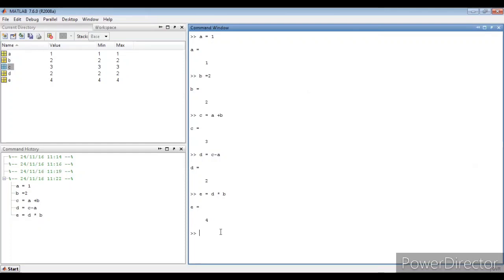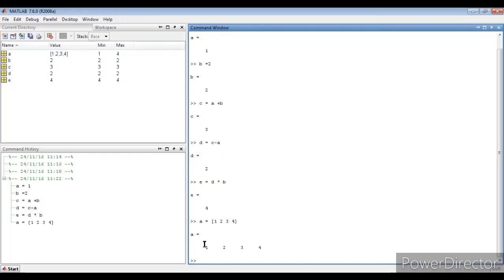Okay, now let us see the representation in terms of a matrix. So a is equal to, now to represent data in a matrix we have to give it accordingly. Now let us see, 1 row 4 column, 1 2 3 4. I have given the a values as a matrix of 1 row 4 columns, that is 1 2 3 4. Now let us see how it is getting displayed.